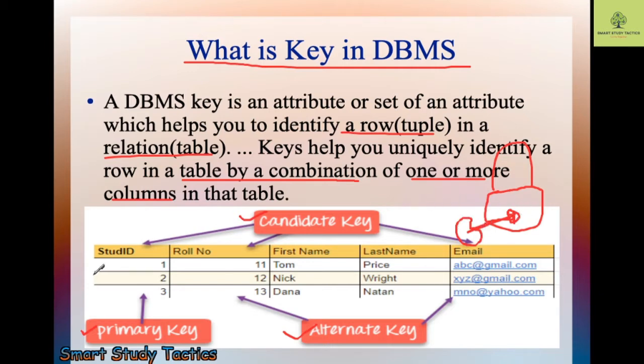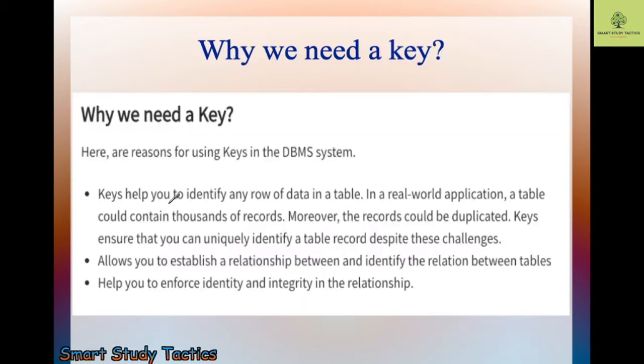The similar thing is here. This student ID is the key and it uniquely identifies this row. This column has the roll number key and it uniquely identifies the row. And you can see this one is also a key and it is uniquely identifying this row. So keys are attributes, meaning they have some qualities to represent a column or a row. So here we are going to learn more about the keys.